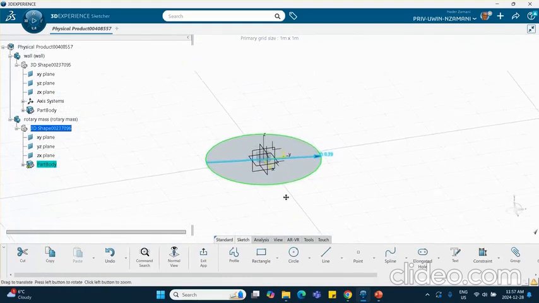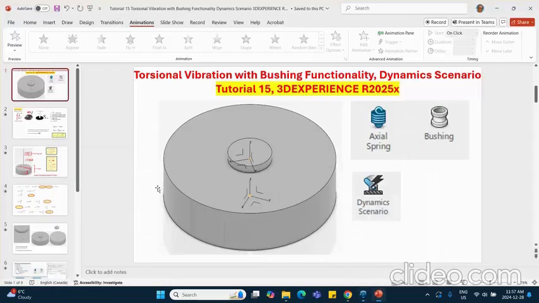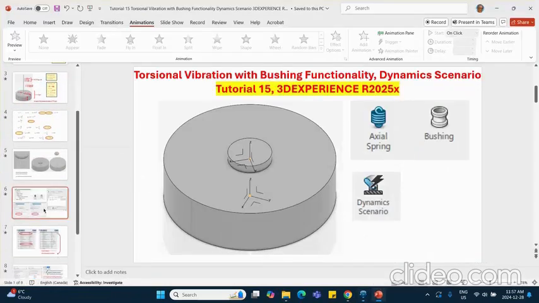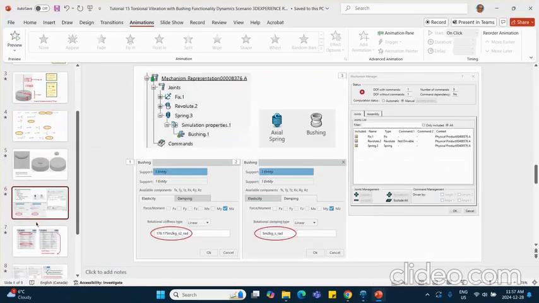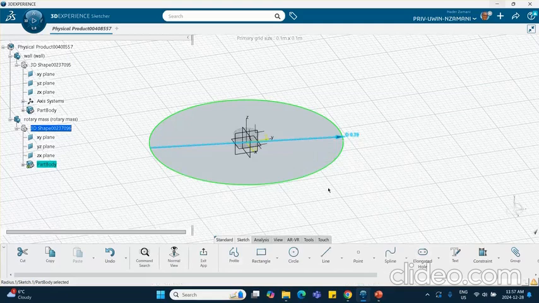And I just noticed that the other fellow, I put down radius of 0.05, but that was diameter 0.05. So my mass is not going to correspond to the mass table that I'm going to show you here, because I used a different dimension for the wall, but it really doesn't matter. It's not going to be 1, 2, 2, 1. It's going to be smaller. But anyway, let's